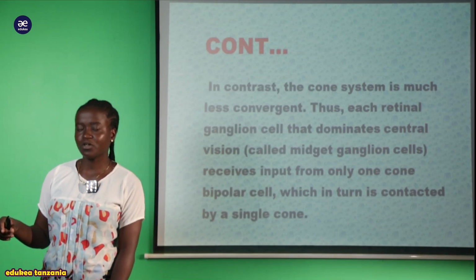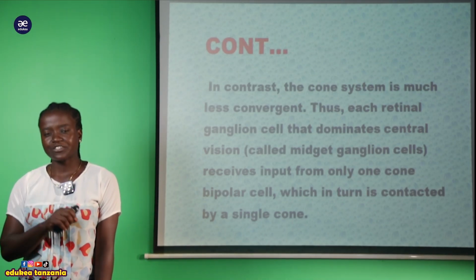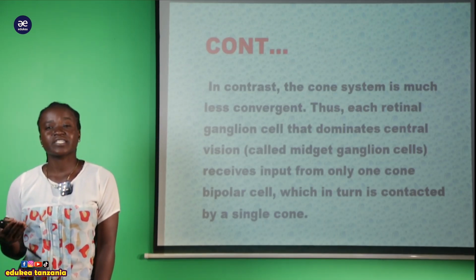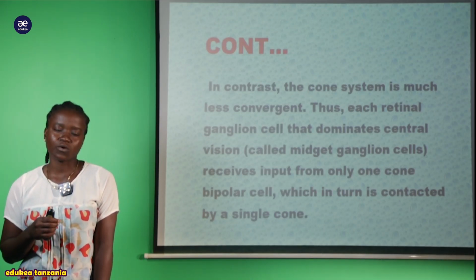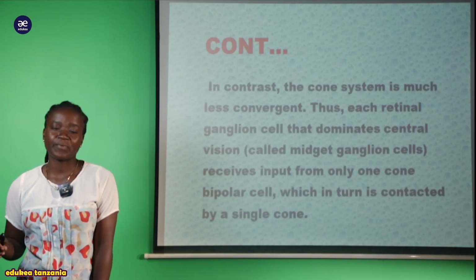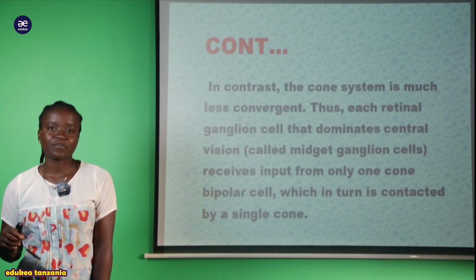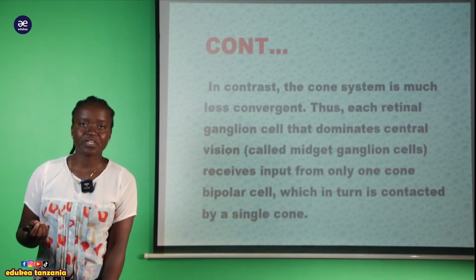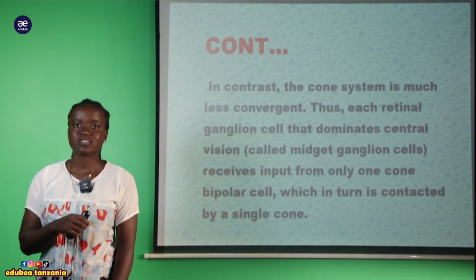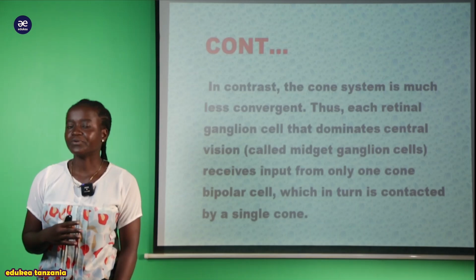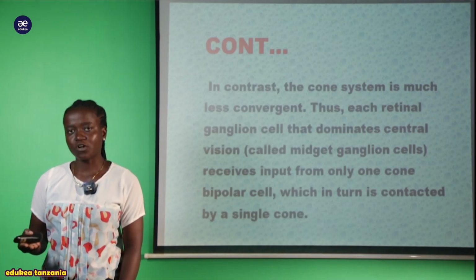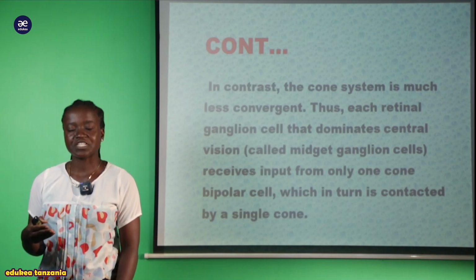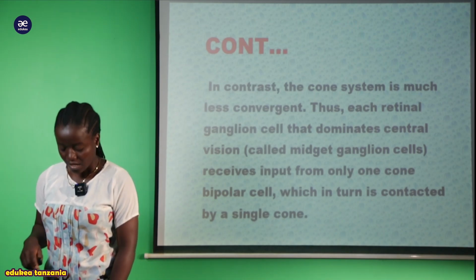When you go furthermore, ukienda ukirudia ile structure au ile diagram ya ile retina, utaweza kuona hizi connection and the convergence of the bipolar neurons, that we have seen that within the rods is where convergence is coming from the amacrine cells and the other bipolar neurons. Lakini ukiangalia hii cones na yenyewe pia inakuwa na zile convergence, but its convergence is less compared to the